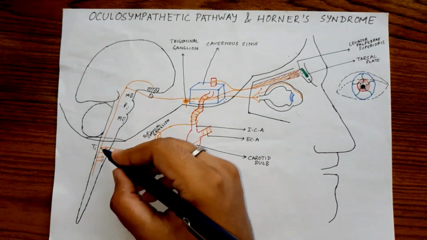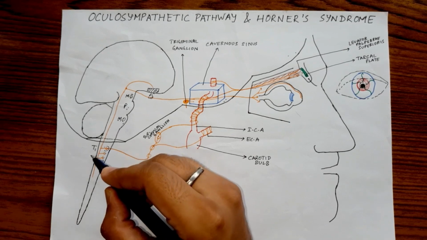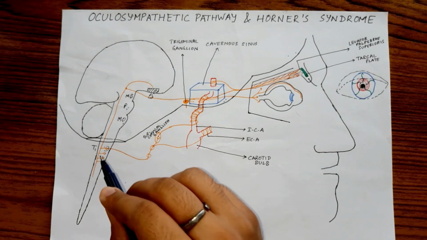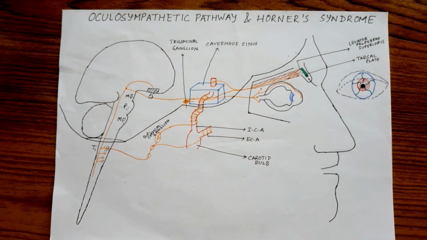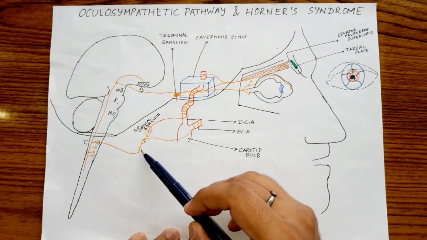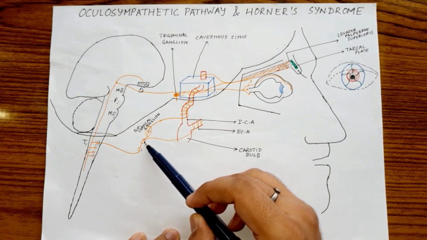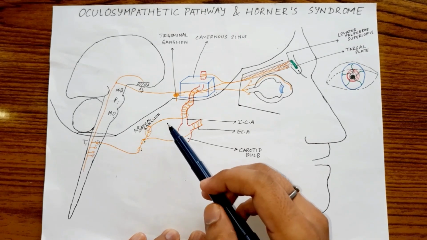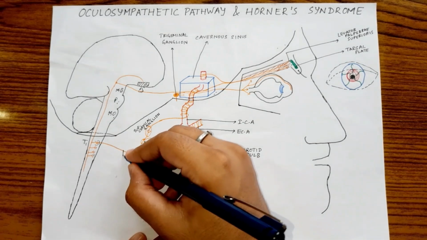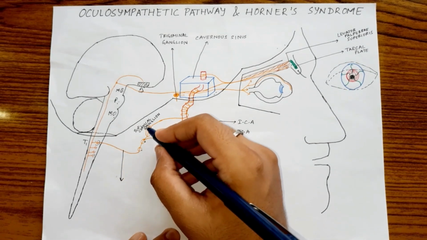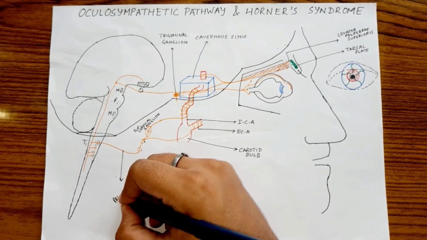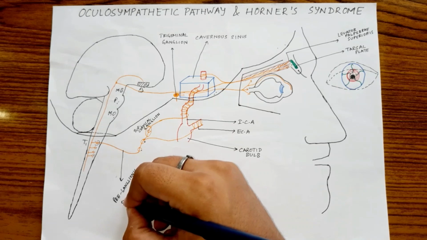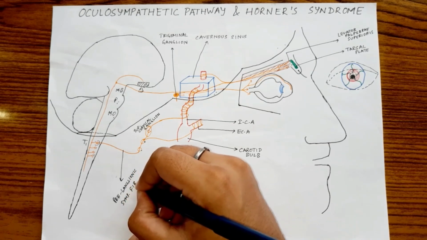This part of the spinal cord, from where the fibers are coming out, is called the ciliospinal center of Budge, which is nothing but the intermediolateral horn of the spinal cord. These fibers then pass through the inferior cervical ganglion and middle cervical ganglion, but do not terminate here and eventually reach the superior cervical ganglion and terminate or form the synapse. Therefore, these fibers are called the preganglionic sympathetic fibers as they are located before the cervical ganglion. Preganglionic sympathetic fibers.